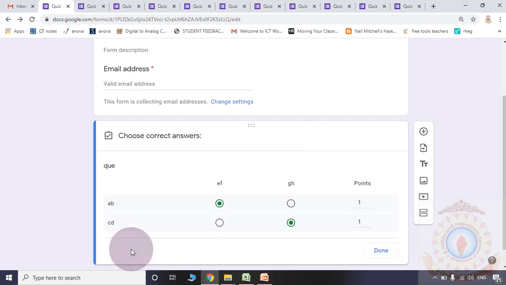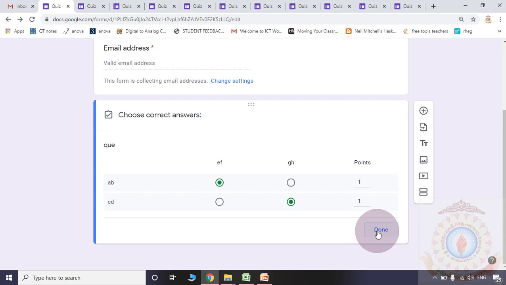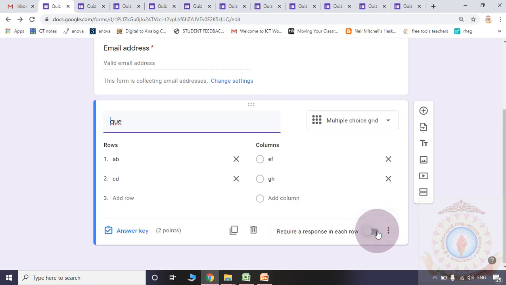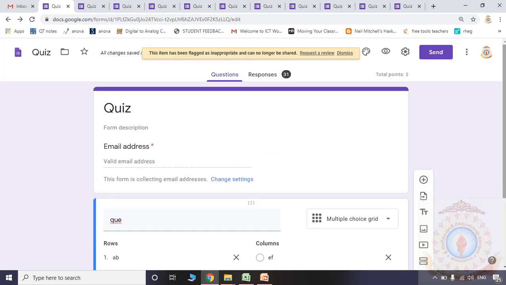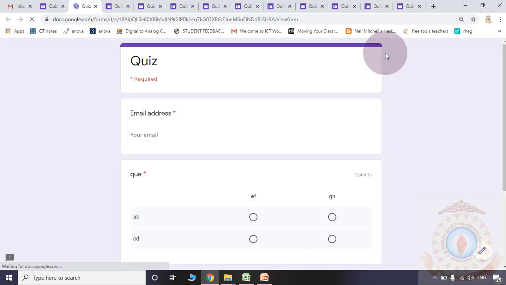In the answer key, you are supposed to show the correct answer first of all. Here you may set the number of points as you wish, no problem. Finally you are supposed to click done. Please observe, if you are highlighting this one, selecting require a response in each row, then see the preview.